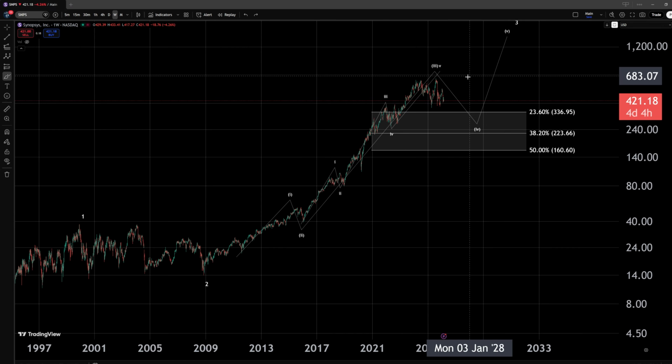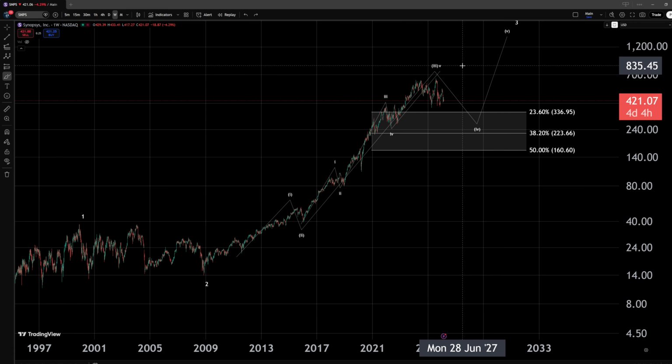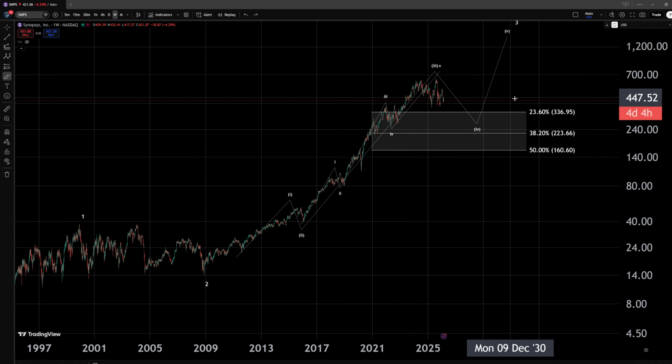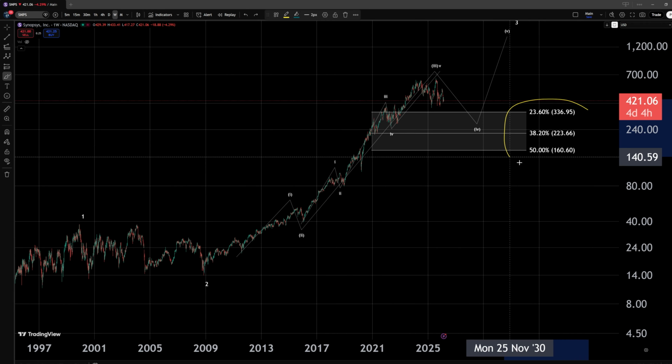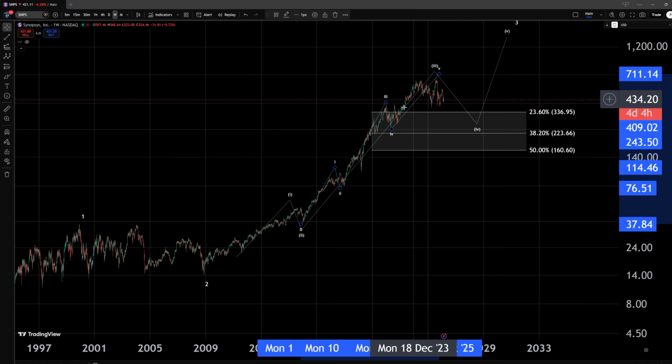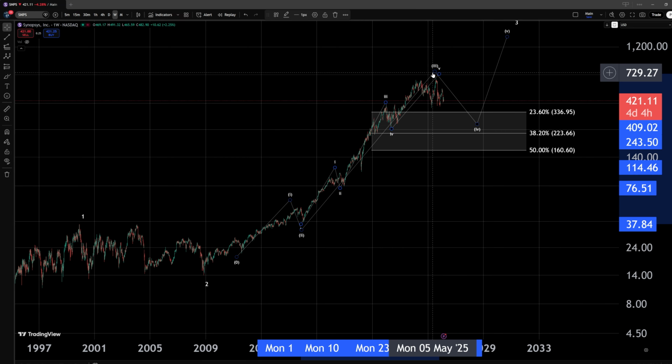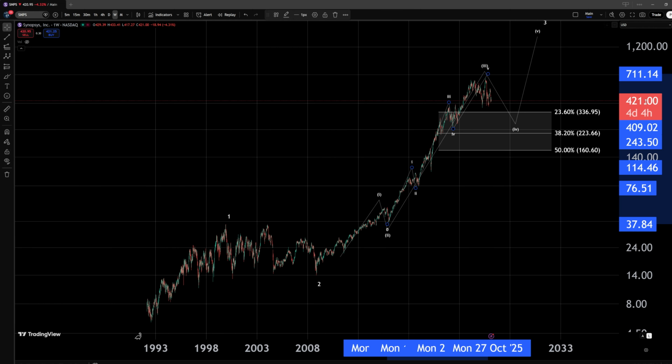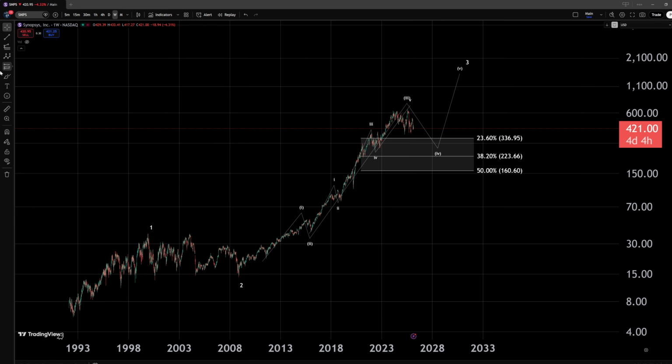Yeah, it has developed very nicely within this structure, and I believe strongly that we can expect to form a bottom in this wave 4 in this area of support if we have indeed topped within a wave 5 in this push to the upside. Now, before we go into the smaller time frame, I wanted to briefly talk a bit about the larger time frame, and here we have been looking at a potential impulse to be in formation, and we would have